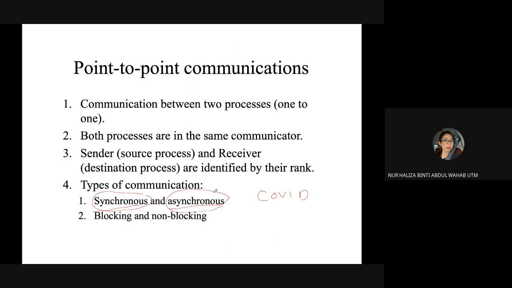So the same goes for your communication. In your communication you also have synchronized and asynchronized, same as in your daily life, in your class, or maybe your task.